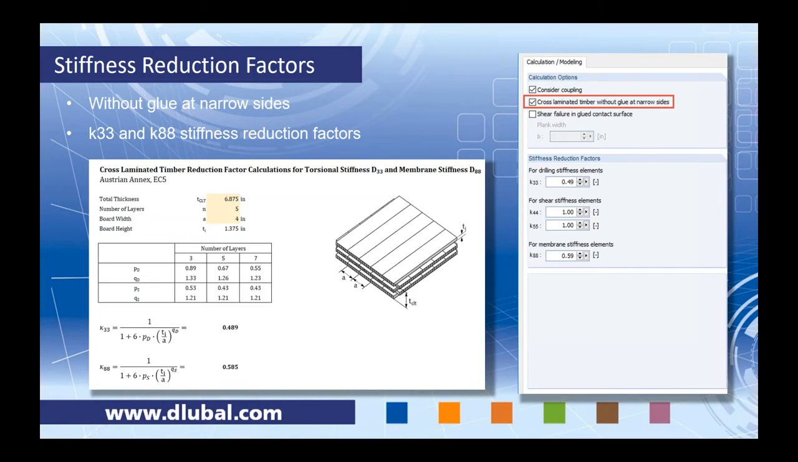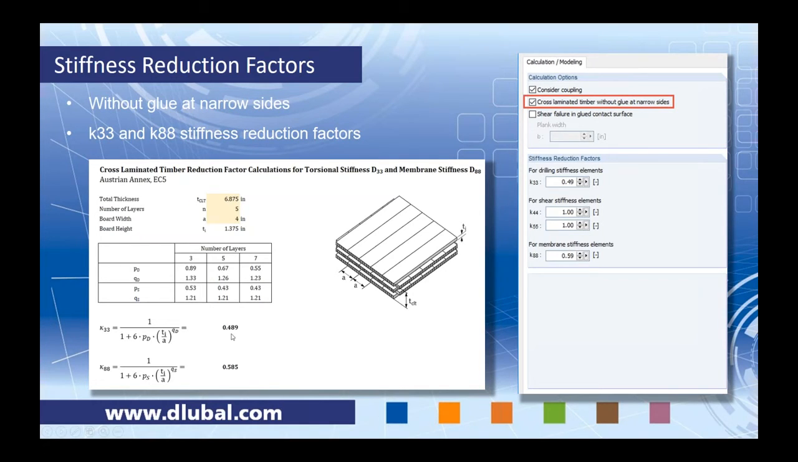And I think we all can admit that Europe is a little bit more advanced when it comes to CLT design simply because it's been around a lot longer than what we've seen within the US or within Canada. So I think it's perfectly fine to refer to the Eurocode when there are portions in the NDS or CSA that maybe aren't so complete. So within the Austrian Annex, we have some simple equations here for K33, K88, those stiffness